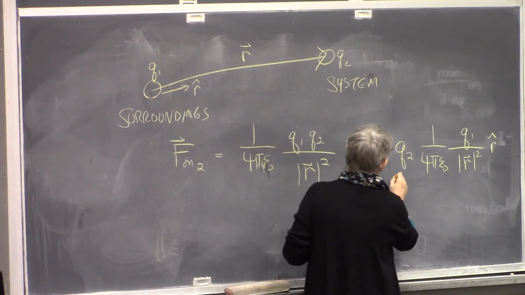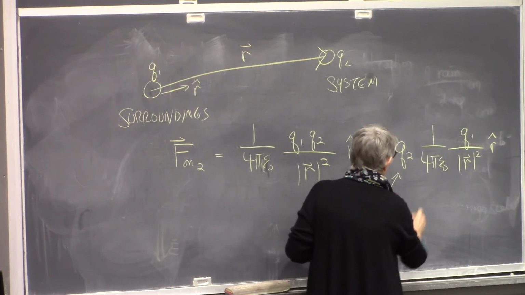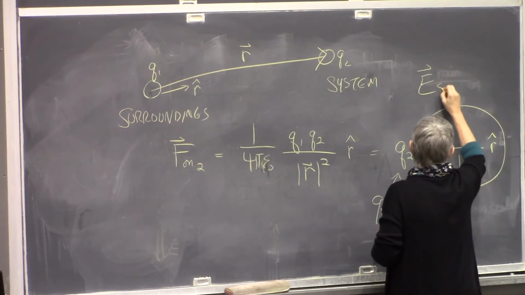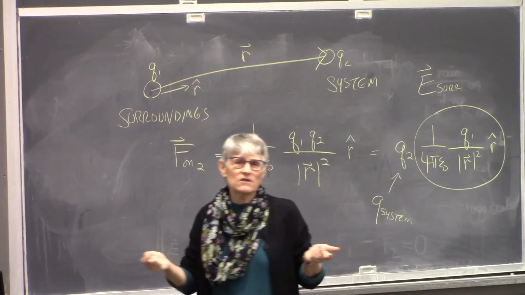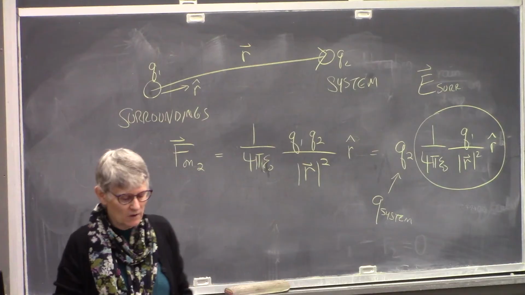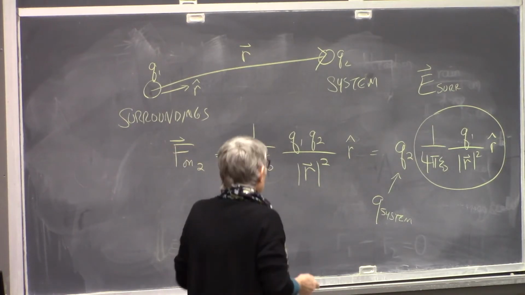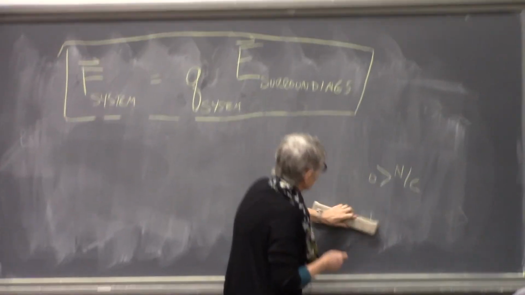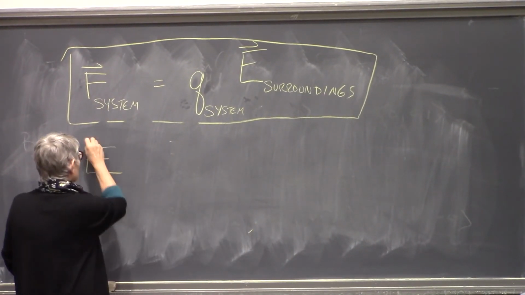So this is the charge of the system. So this must be the electric field made by the surroundings. In this case, the surroundings are very simple. It's one other charged particle. So it looks like the electric field made by a point charge